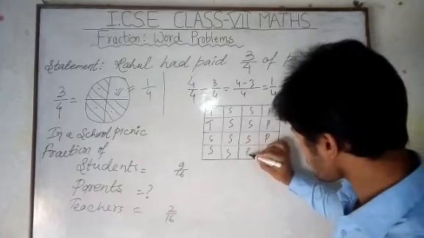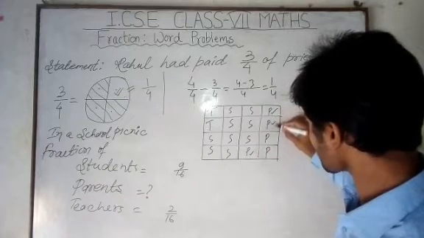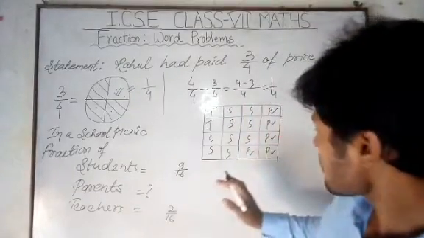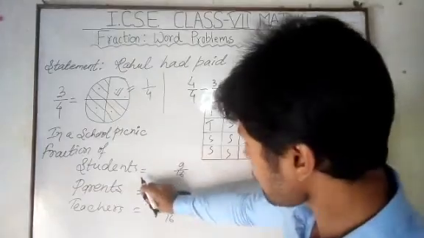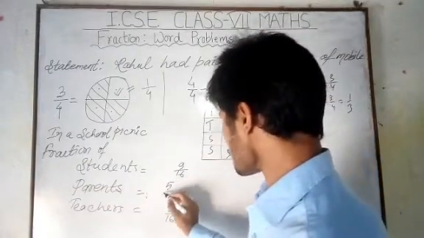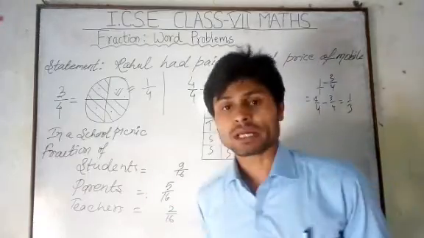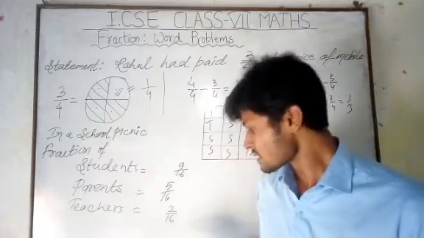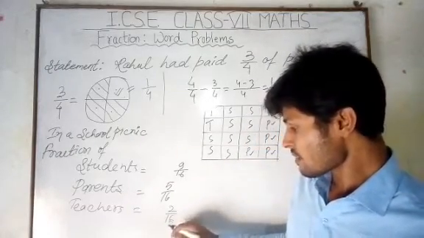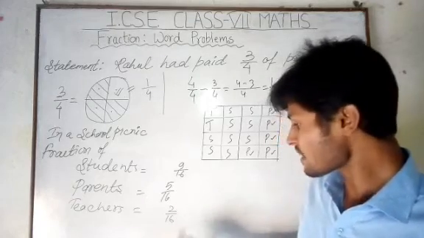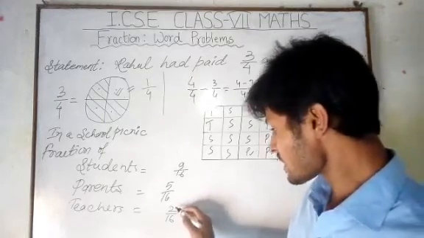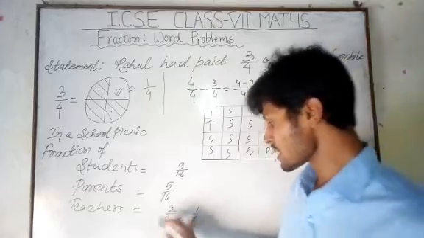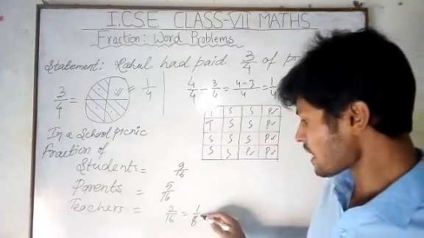So how much is left? This one is parent, this one is parent, this one is parent. Total 1, 2, 3, 4, 5. So 5 out of 16 represents the fraction of the number of parents who attended the school picnic. In this way we can calculate, but there are some complications also. Here 2 by 16 is given, but it is not in its simplest fraction. You know how to convert it to the simplest fraction, so it becomes 1 by 8.